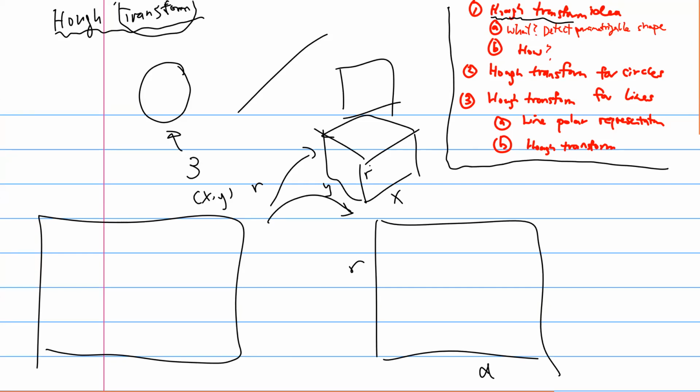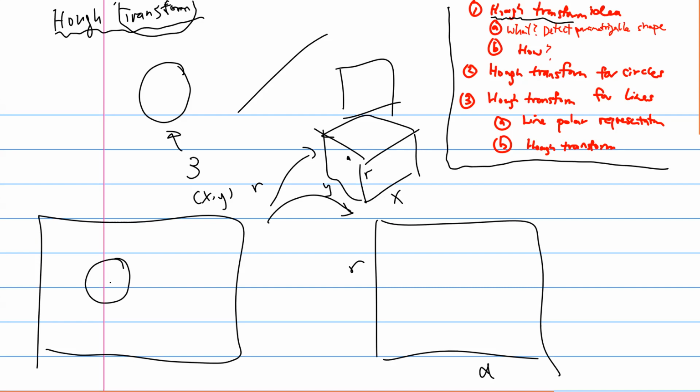Now, what we want is, if we have a shape, something like a circle here, we want to have a response in the corresponding space. For example, if I have a circle here, then somewhere in this parameter space I will have a point, or a high response, saying that I have a circle at location, let's say, X